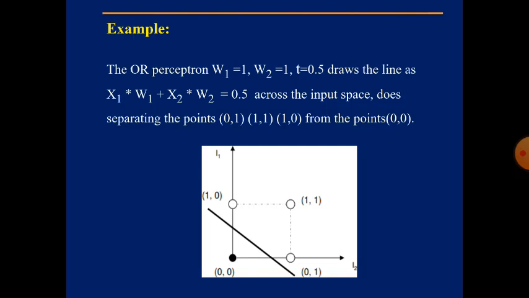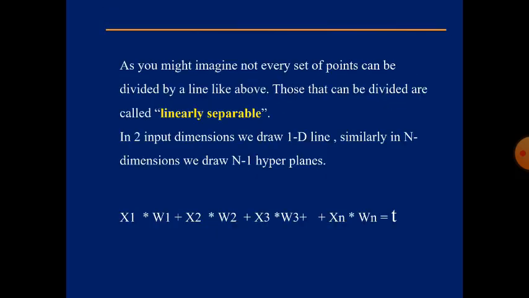Suppose you consider a bus, where males and females may sit side by side. In that situation, the males and females, or the boys and girls, cannot be separated with a straight line. So those are examples of non-linearly separable. Linear separability is not possible in all cases. That's what the author is telling.